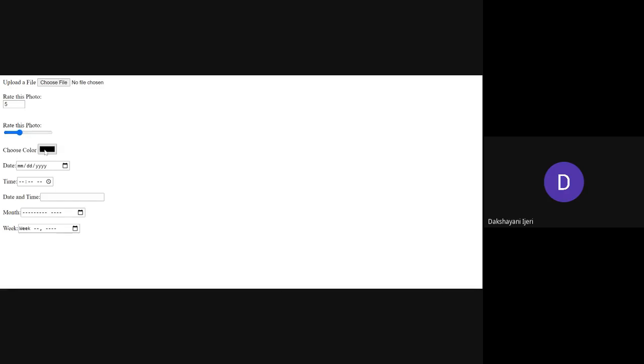Let's see whether Google is supporting it here. Yes, Chrome is supporting taking the color as an input over here, right? So if you take input type is equal to color with the label as choose color, it is going to show you the default box to indicate that once the user clicks on that, it is going to give you the color palette to select the various colors over here.